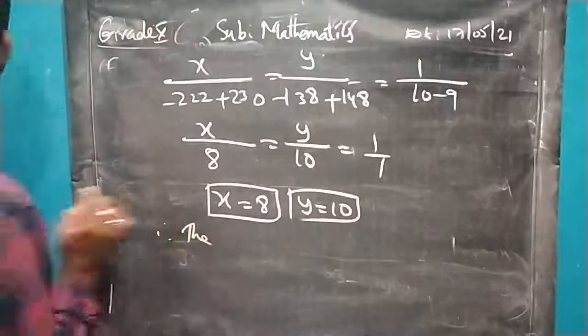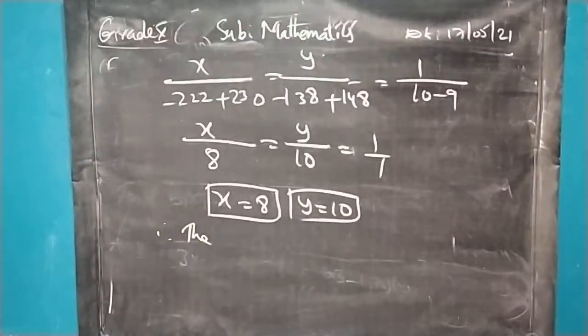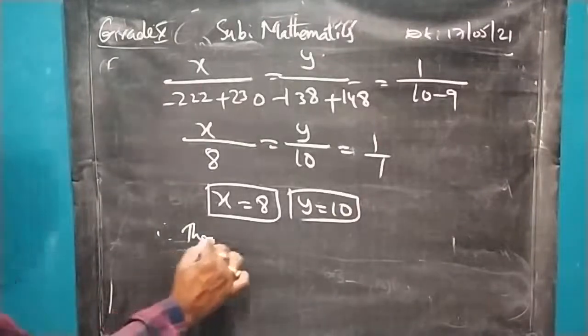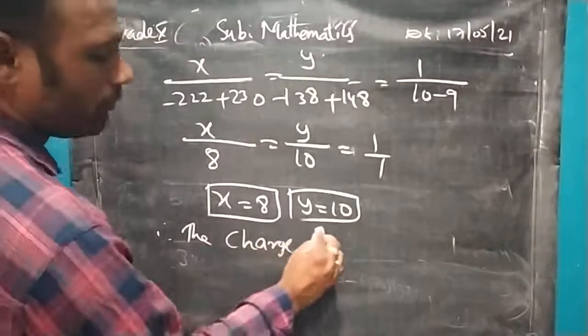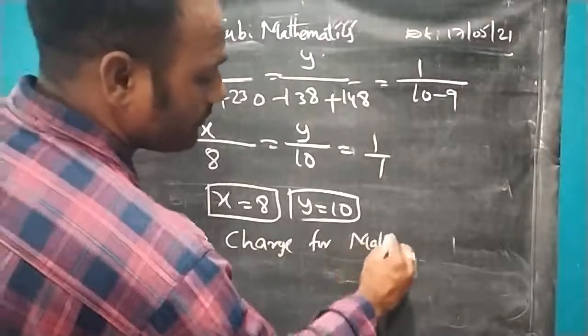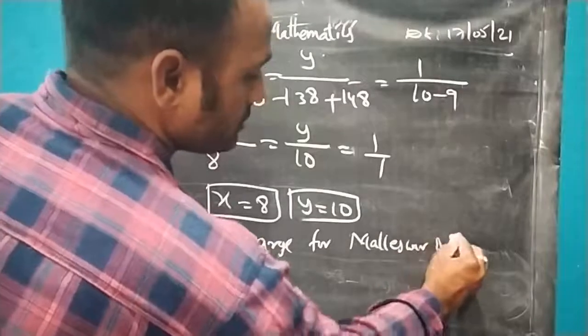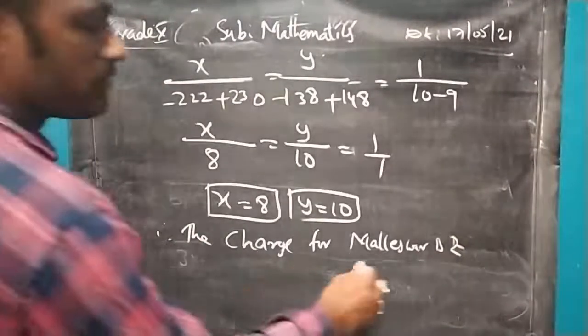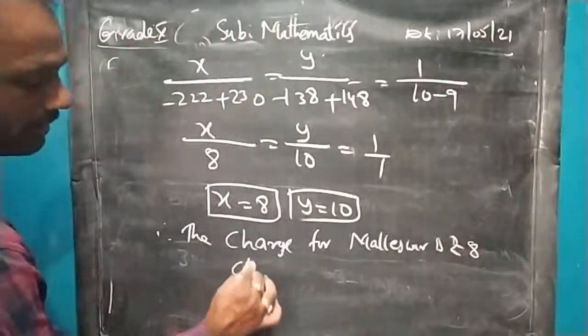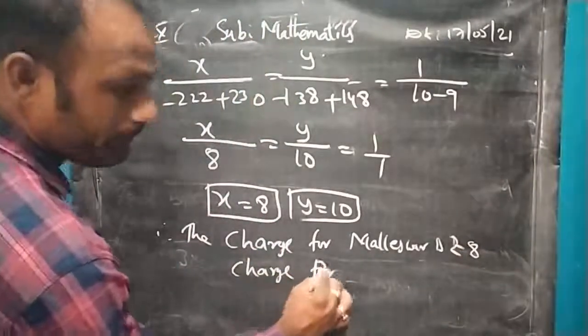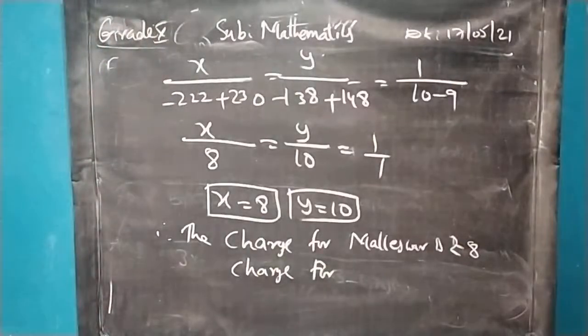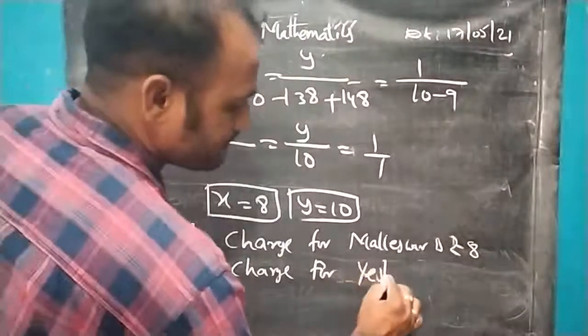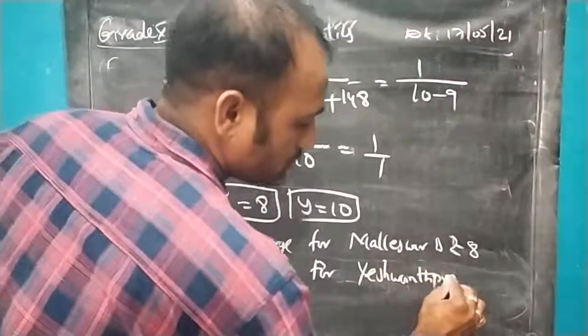Therefore, the charge for Malleshwaram is rupees 8, and the charge for Yeshwanthpur is rupees